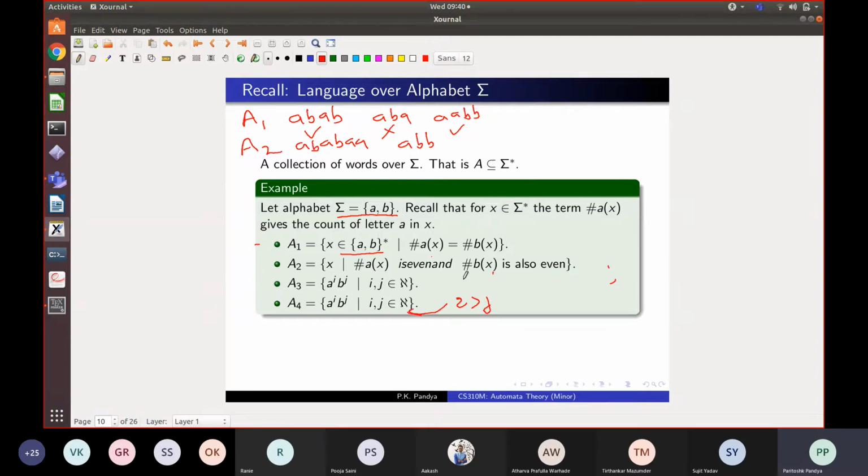And then what kind of words will be in my language? I can have 0 or more b's. So let's say I've got 3 b's, j is equal to 3. Then I'll have a word ending with BBB, but then the number of occurrences of A must be larger than the number of occurrences of B. So I could have AAAA or even AAAAA. So all those words will be in this language. So I think you've got some idea of how abstractly and mathematically we specify collections of words or so-called languages.